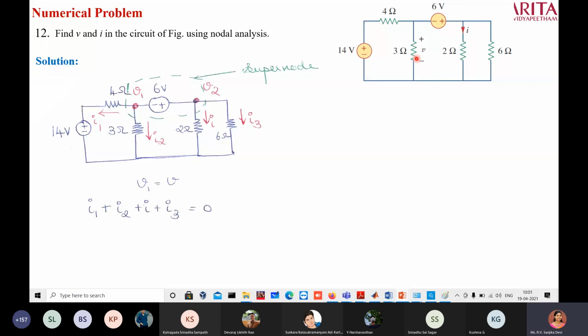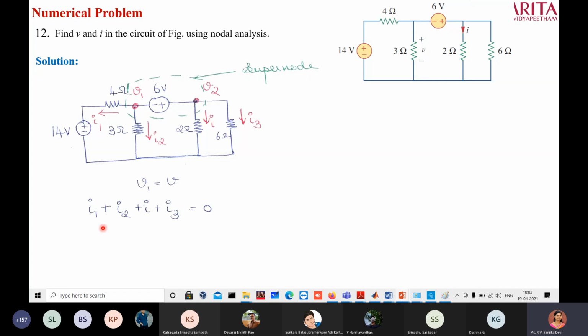Always keep this basic Ohm's law. You will not make any mistake. Only for finding current, you require voltage by resistance. Otherwise, V1 and V both are voltages across this 3 ohm. V1 is also the voltage from this point to the ground across this 4 ohm and 14 volt. That way also we have V1 across this series combination of 4 ohm and 14 volt. Similarly, it is also the voltage across 3 ohm. However, from the given numerical, we can directly write V1 is equal to V.